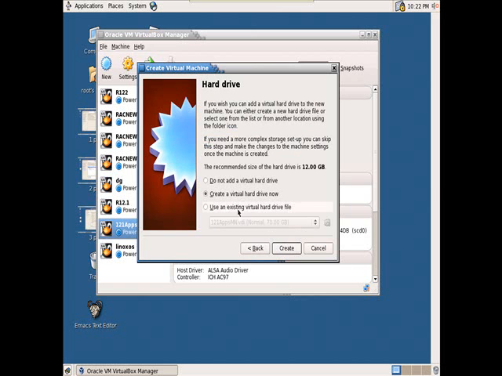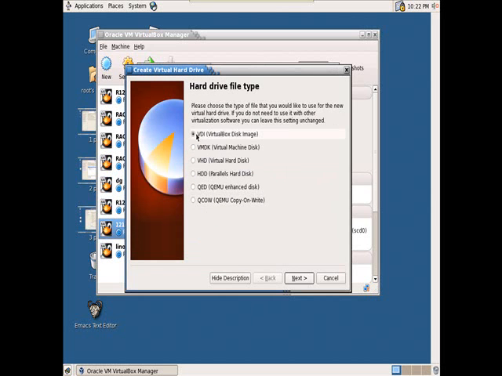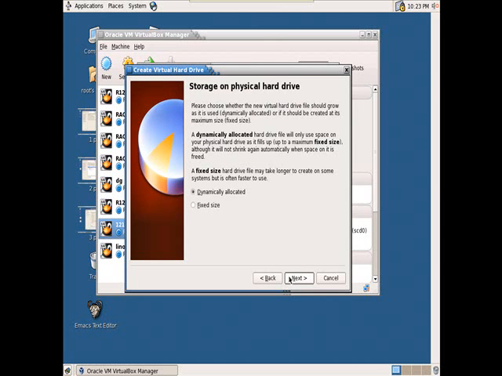Next, create a virtual hard drive. For this virtual machine, virtual RAM is needed and a virtual hard drive is needed. Virtual RAM we have given as 4 GB. Similarly, for this hard drive I want to specify some size. This virtual hard drive is stored in the form of a VDI file. Next, dynamically allocated and fixed size. See this, here you can see what is meant by dynamically allocated.